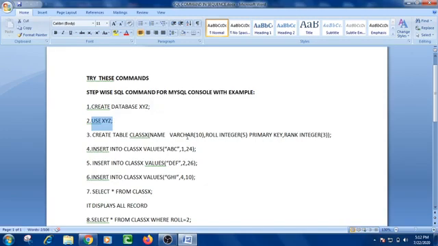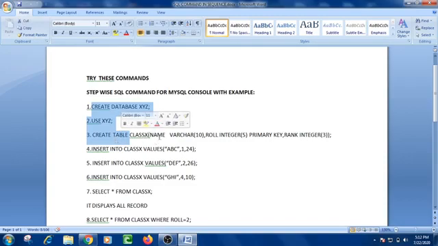Then in the third step, inside the database, all of you know that the most important part is the table. So we have to create a table in the database XYZ. Now you can see, to create a table in a database, a command is create table class10. Suppose that class10 is the name of the table, then I am using the command create table. Now you can see there are two ways to use the create. First one is used to create the database, and second one is used to create the table.